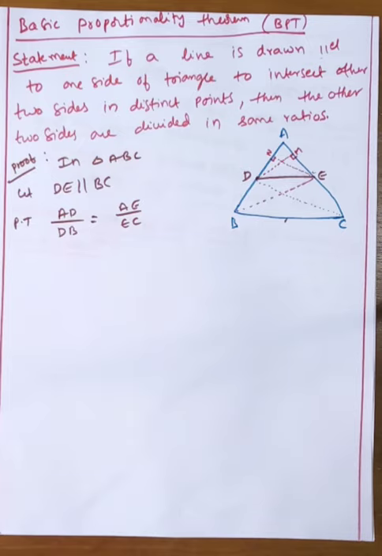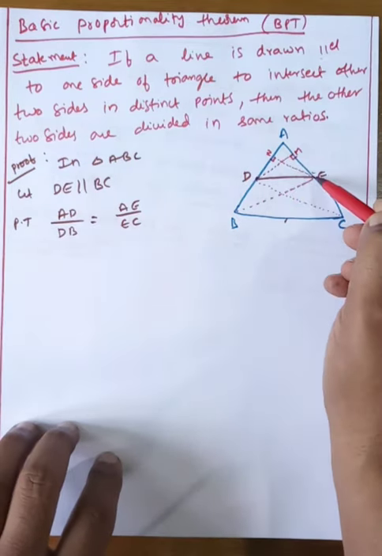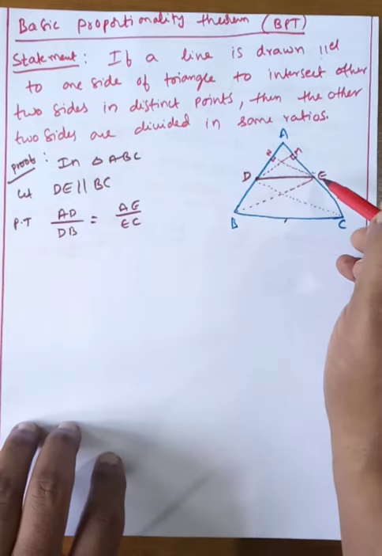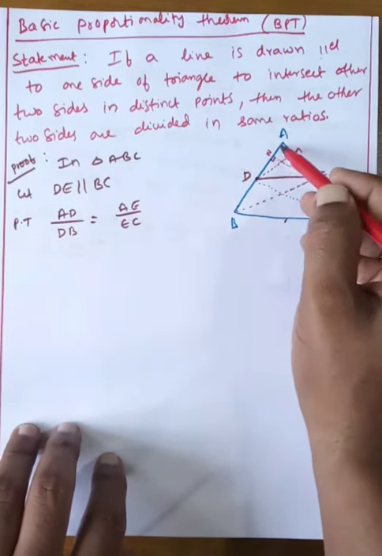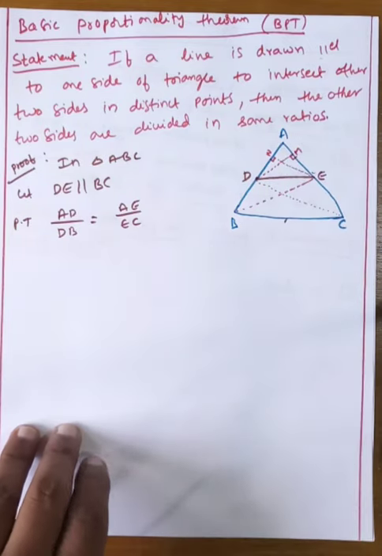What is the area of triangle ADE? Where is triangle ADE? Here is triangle ADE, and here the perpendicular is already drawn. This is the height, EN. What is the base? First of all, you will take the base AD in the triangle. Now the area of the triangle, you discussed it in class 11.